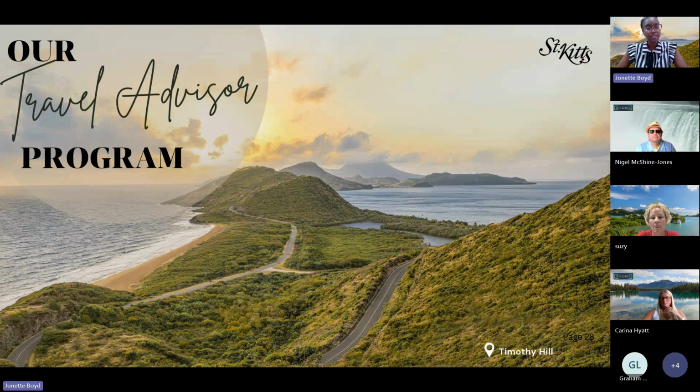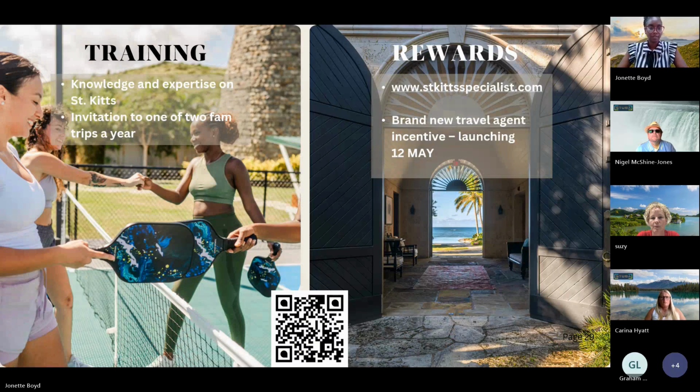Our travel advisors program: we do offer training, and training consists of knowledge and expertise on St. Kitts. We also have an invitation to one of two fam trips a year. We are going to launch our new rewards program, where you can become a St. Kitts specialist as well. You can become a St. Kitts specialist by visiting